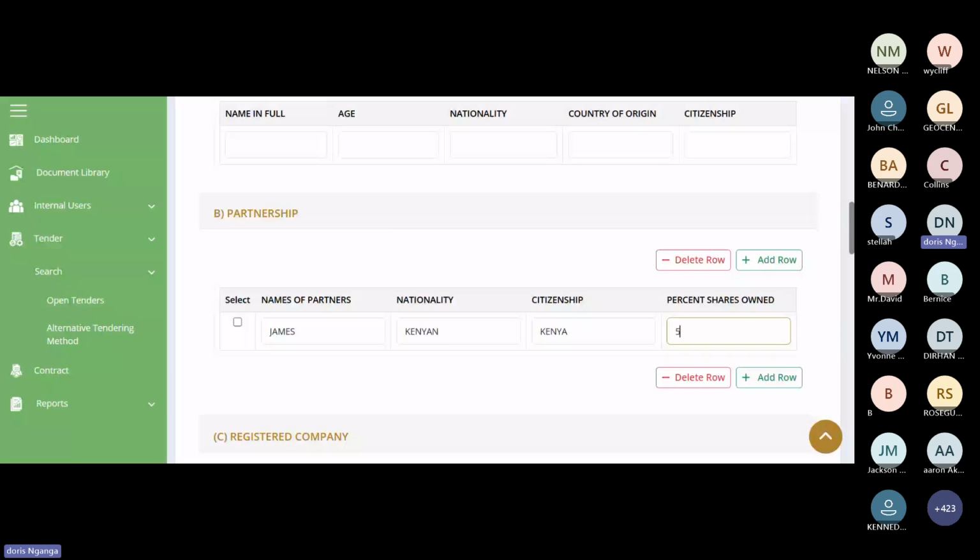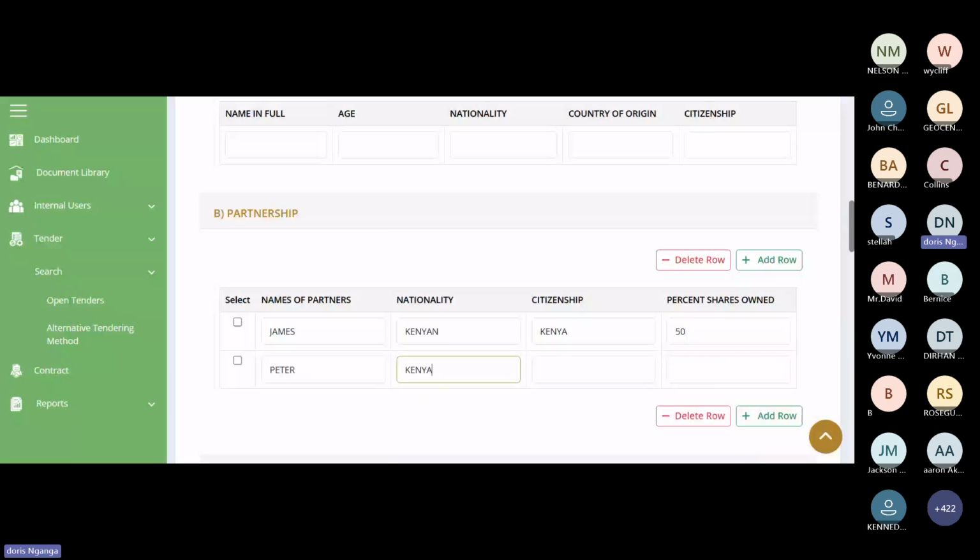Now, remember, a partnership has two people, right? So you will be required to add a row, as you can see, and input the name of the second partner, Peter. He's also Kenyan, and he owns 50%. Remember, it doesn't have to be like this.